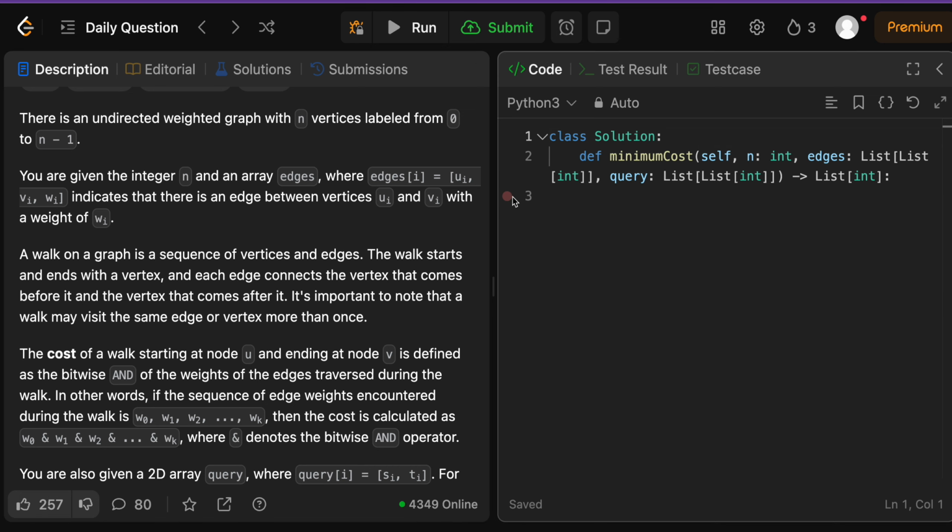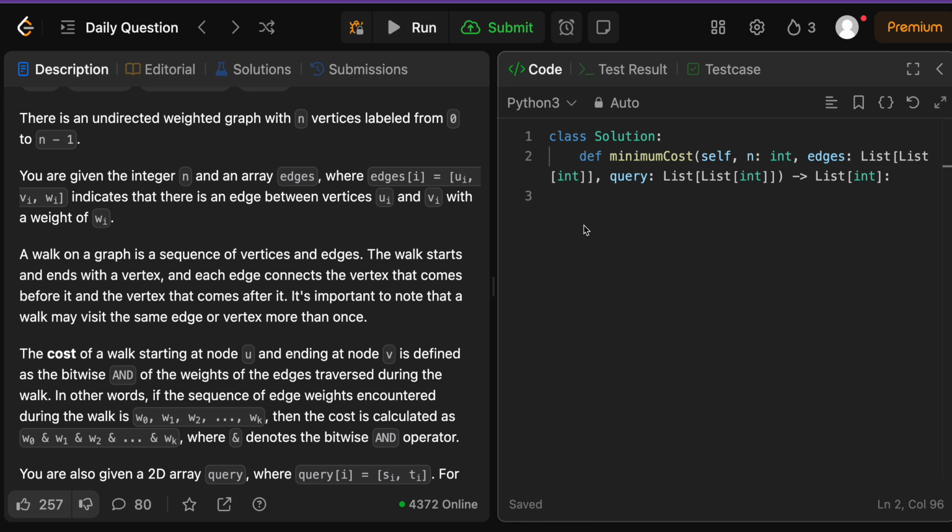We're actually going to use a combination of the union find data structure, and I'll comment that out as well once I'm done explaining it. It's called the union find data structure. It's also known as the DSU, which I believe stands for disjoint set union or something like that, right? And also we're going to be using the bitwise operations because, of course, we want to